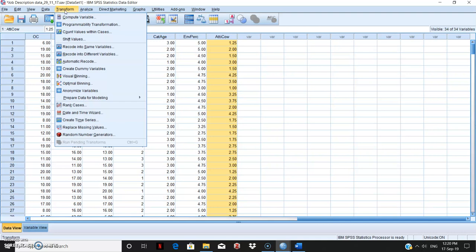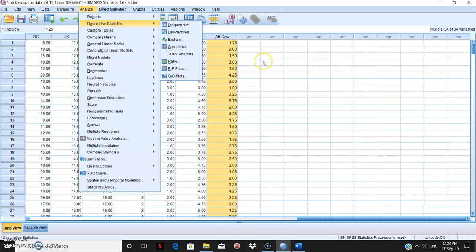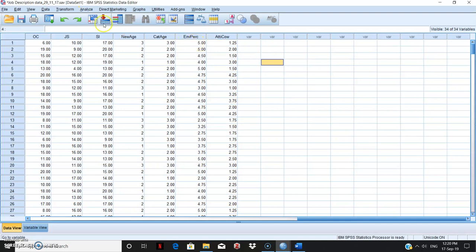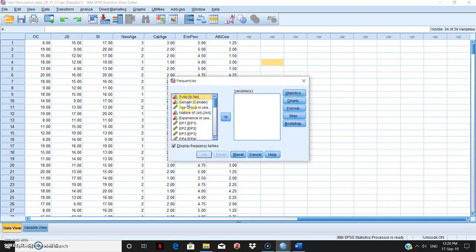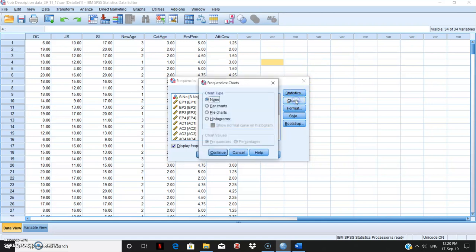I hope you would have understood how to calculate the mean values, and the standard deviations can be got from here itself. Now what I can do here is I can go to analyze, descriptive statistics, frequencies, and if I want to find out the frequency distribution for gender, for age, nature of job and the experience, I can just take these, click them here, and I can even take the charts for that.